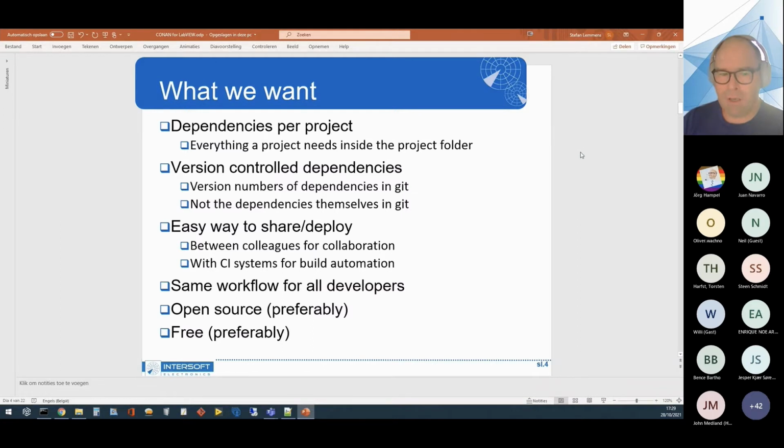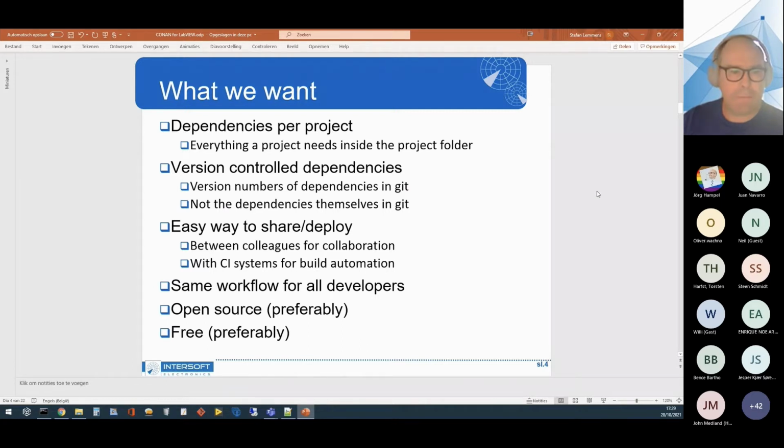And there needs to be version control on the dependencies. If I update the package, I want to say this project uses package A version 2. Well, that needs to be a small change in Git